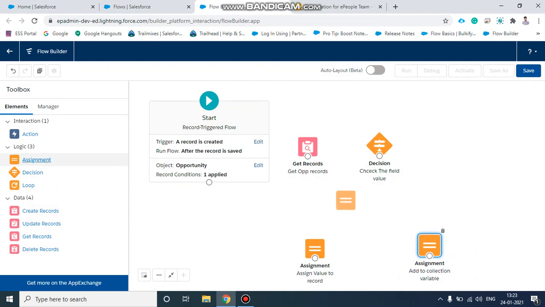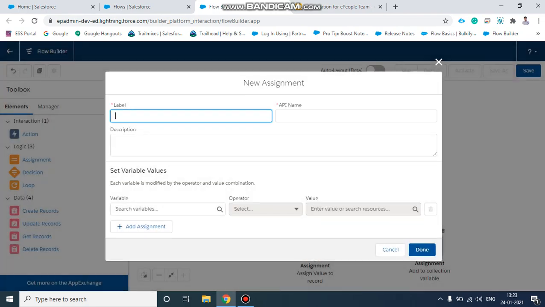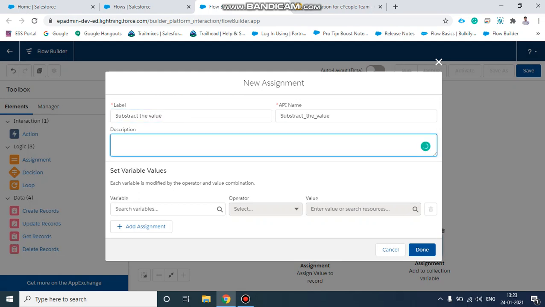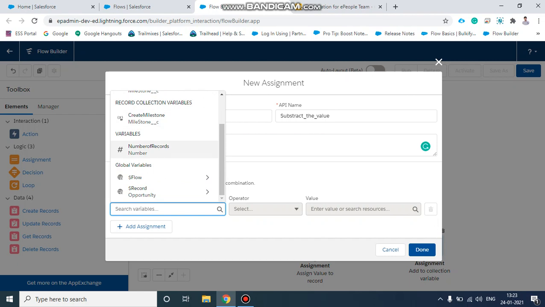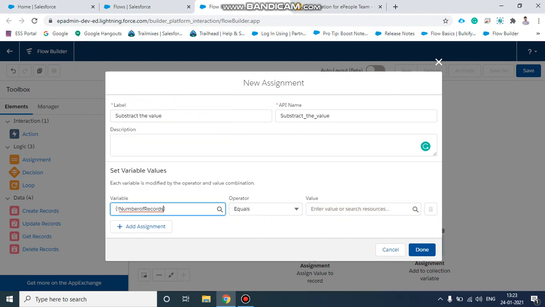So after that, whichever records we get, we will subtract those values. So I will show that. Subtract the value here. Whichever we stored previously, we will store those values into this variable. We will subtract every time, depending on how many records there are.